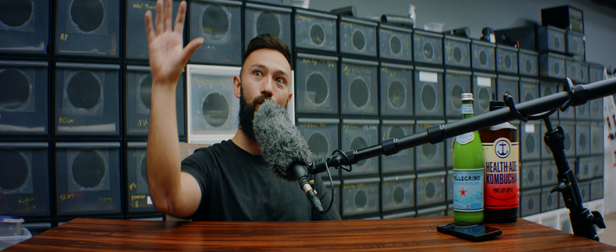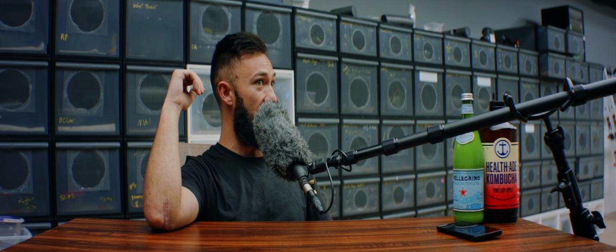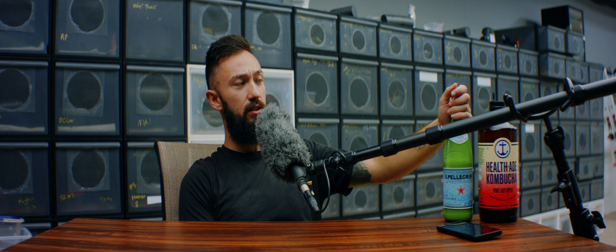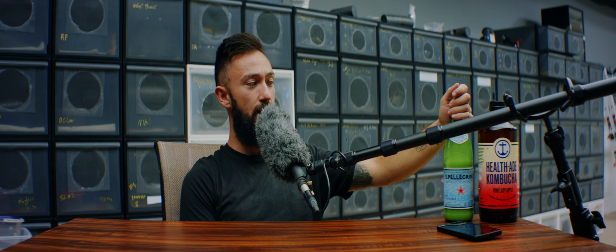Sorry, my neighbors are doing construction, so there's a big truck driving by right now that is rattling the whole building. Wow, this is terrible. And because I'm sure people will ask, yes, I do have a bottle of goat milk next to a bottle of kombucha on this table with me. Trying to make sure that you guys don't hear a really dry mouth, because as a videographer, I hate whenever someone has a cotton mouth because you can hear it in the audio. But anyway,